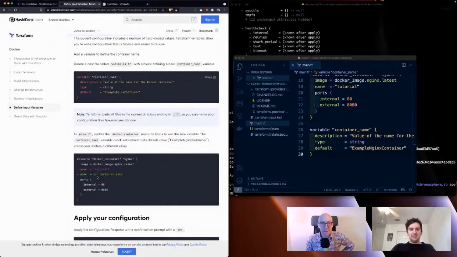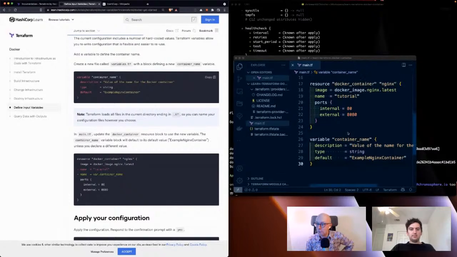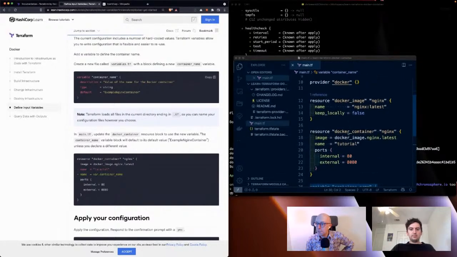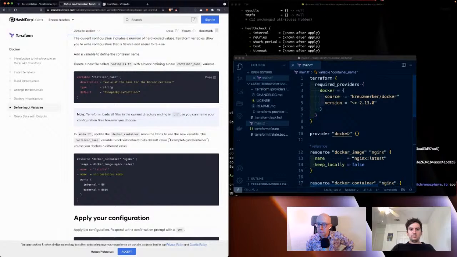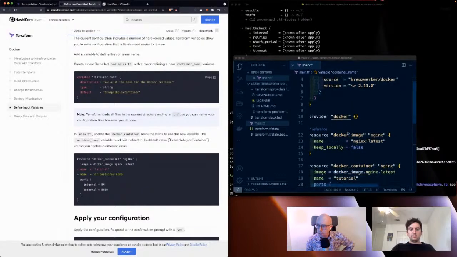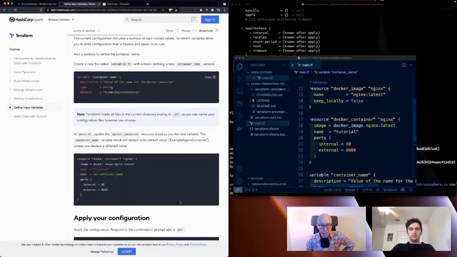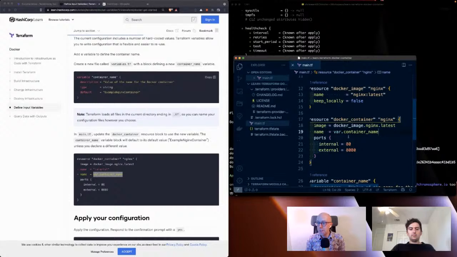Now, how are we doing here? Create new file variables. In main.tf, update the container resource block, which is which one? Docker. Here. The name to be the variable instead. Okay. This is somewhat basic, but this could be useful for things like you were saying,